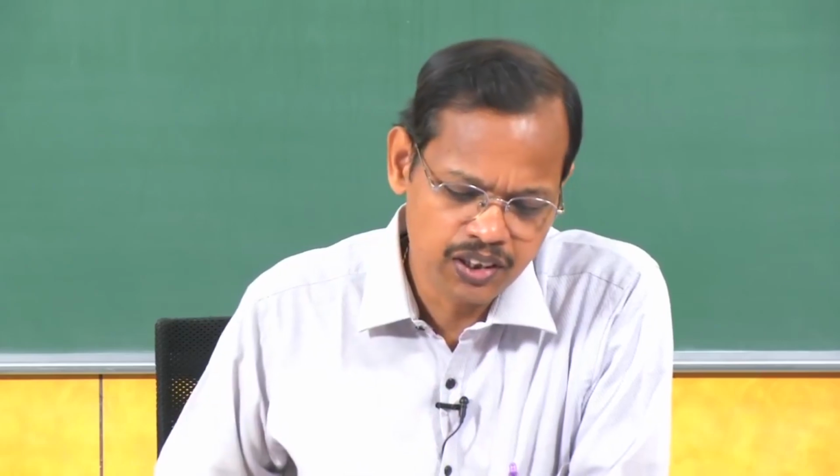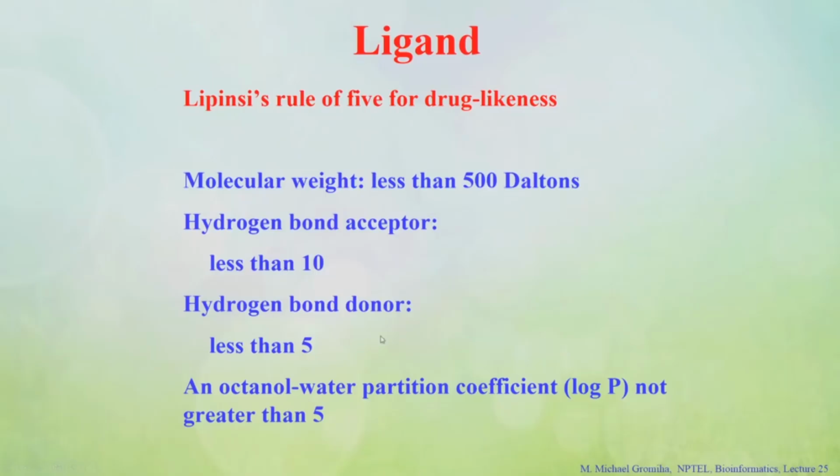If you see all the rules, they are all multiples of 5. So, there are 4 rules, all multiples of 5. Lipinski stated these rules for a ligand to have the character of drug likeliness. Not necessarily all drugs should follow these criteria, but most drugs, which are chemical compounds that may act as a drug, may have these types of